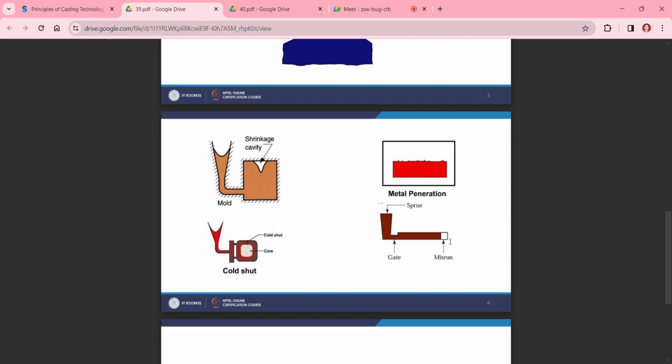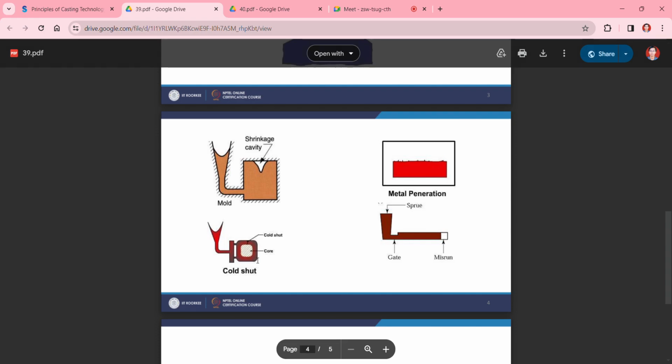So this area is not going to be filled up by the molten metal, because the gating, or whatever cross section through which molten metal was to pour into this section, has already been blocked by the solidification of the molten metal. That will create the misrun, and that will definitely change the final properties and final dimensions of your casting. So you will not be able to use that casting in the desired applications. Then coming to cold shut,